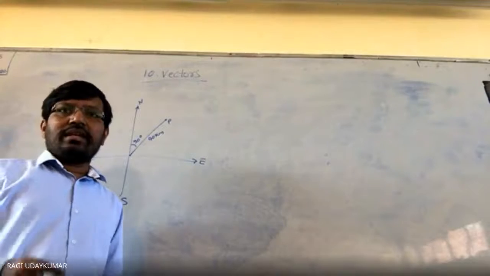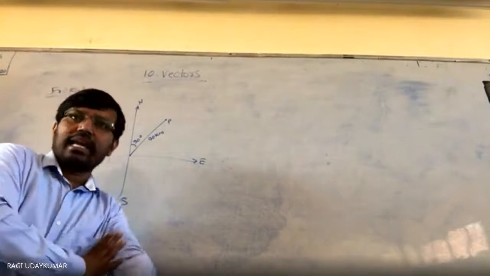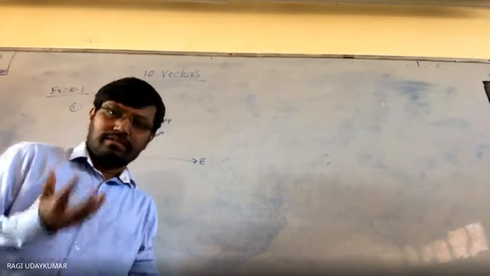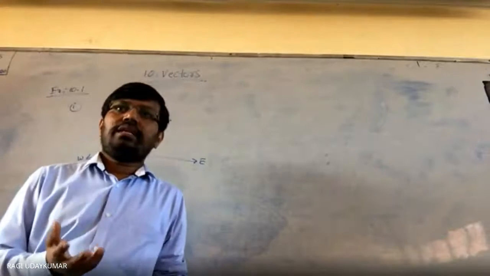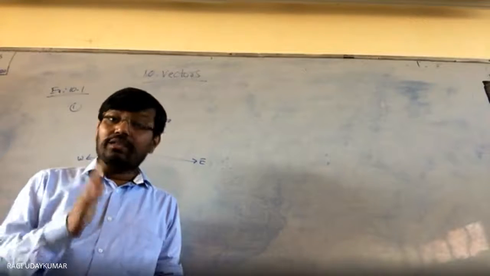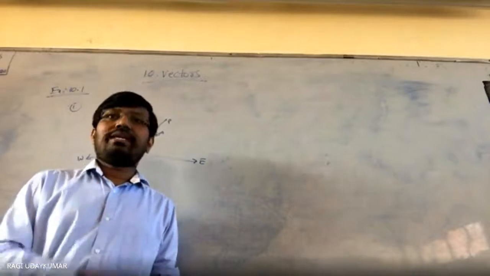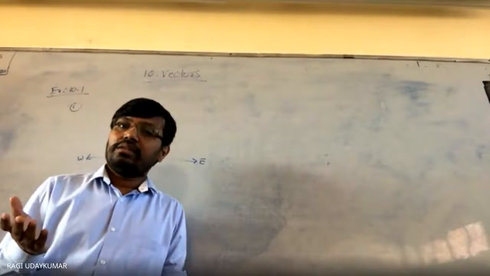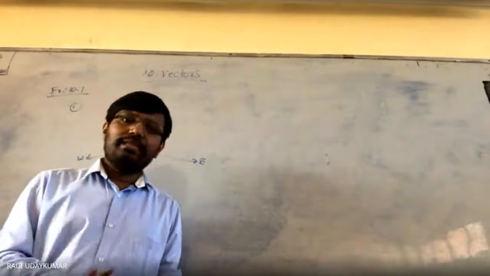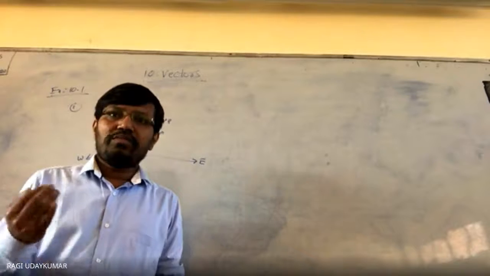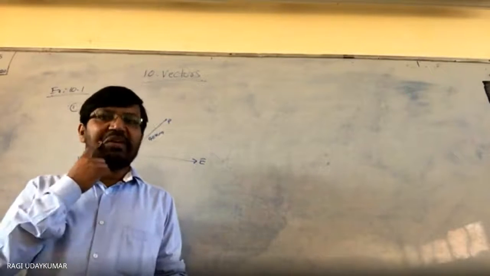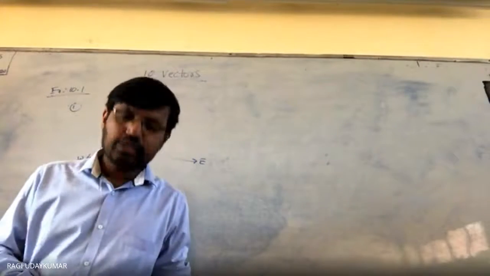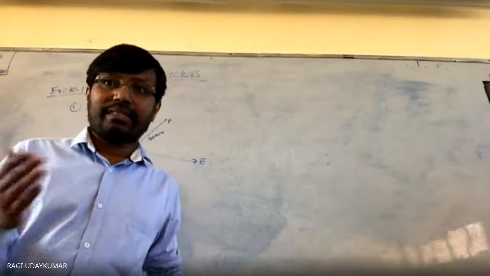Very simple here. Classify the following measures as scalar and vector. 10 kilograms: 10 kilograms is a scalar, weight. And 2 meters northwest: northwest direction is shown to you, so that's why it is a vector. 40 degrees: only degrees is measured, that is scalar. 40 watts is scalar. 10 to the power of minus 19 coulombs is scalar. 20 meters per second square: direction is given here, so that's why it is a vector.